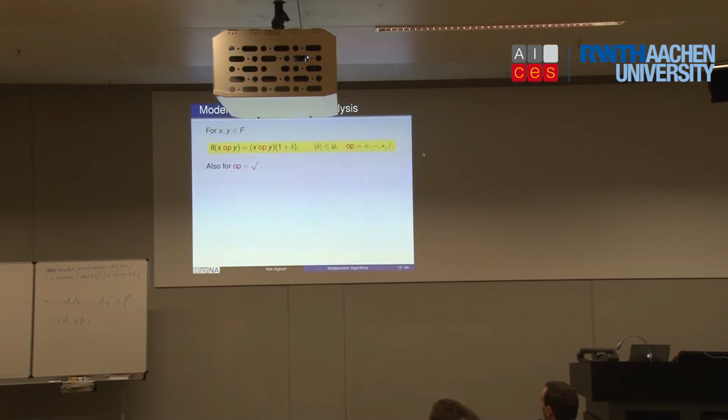So that is certainly true for the IEEE system. And this is what we tend to use when doing any analysis of an algorithm. But as I say, that's actually slightly weaker than what we could have said if we used a more complicated model. So the IEEE standard, it's also true for square roots, which I think the standard doesn't specify.